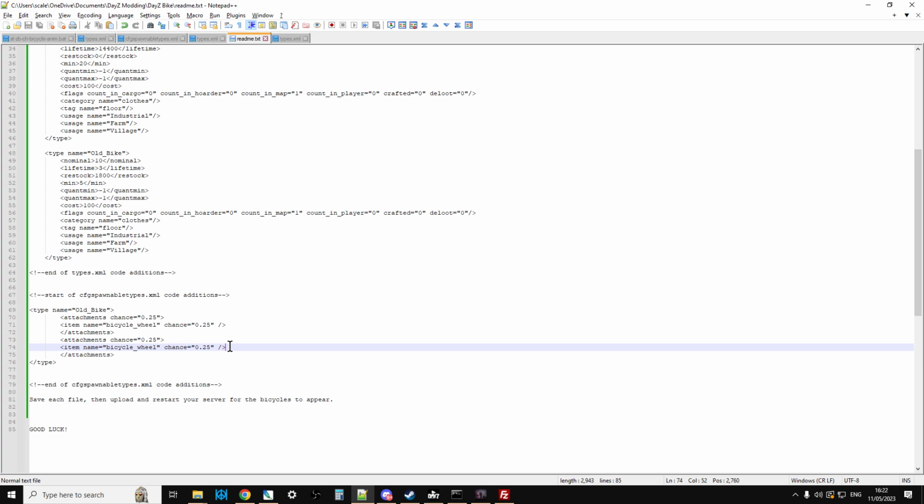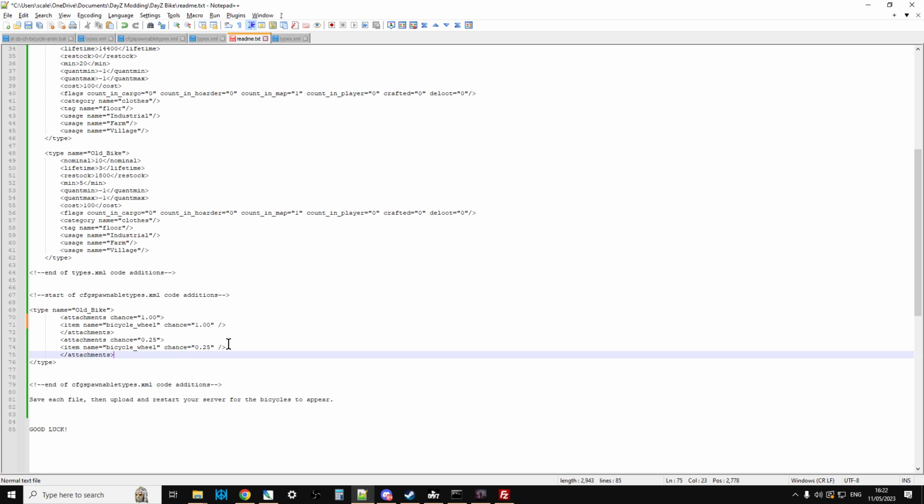I haven't bothered adding any cargo or any other attachments to put stuff in the boot. The bike doesn't have a boot, does it? But I'll leave that up to you, because it's only got 50 slots, and I'm not really sure. However, what you may want to do is change this to 1. So if you change these to 1.00, like so,